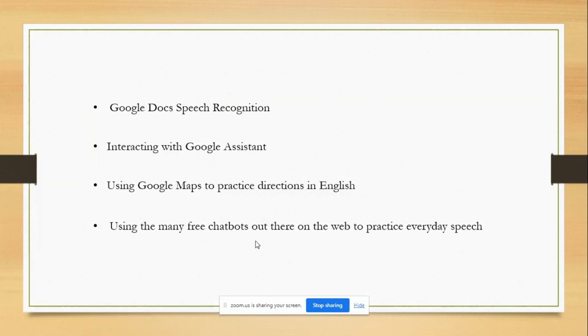Then the second one, and I cannot stress this enough, like I told you, I have been doing a lot with Google Assistant, and it improves every day, which is so crazy. You can ask the Google Assistant to literally sing or rap for you, and it will do that. So, why not have your students interview Google Assistant? They can ask simple questions like, what's the weather like today in Jizan, or what time is it in Jizan? This is a great way to test the intelligibility of their pronunciation.